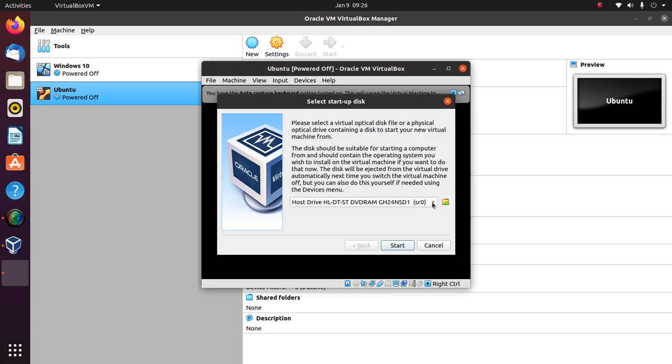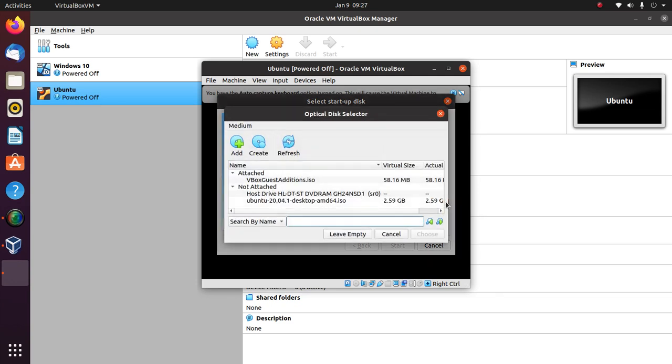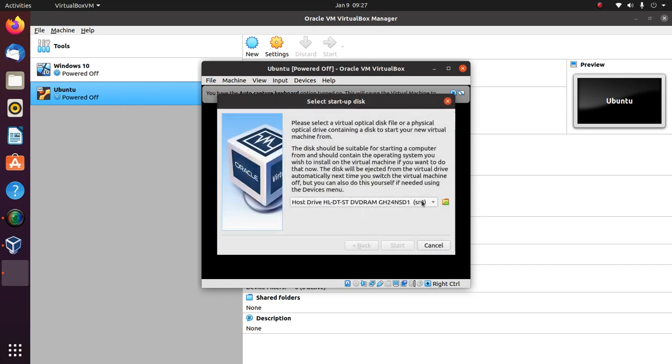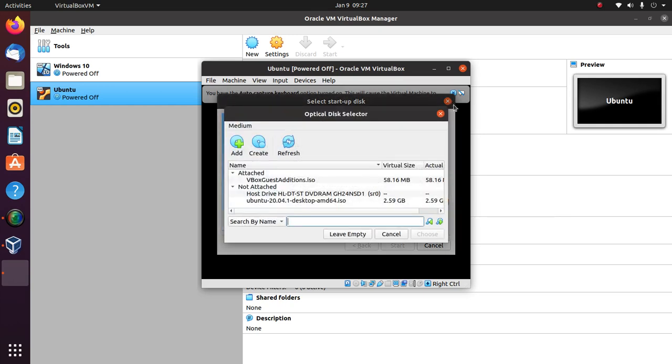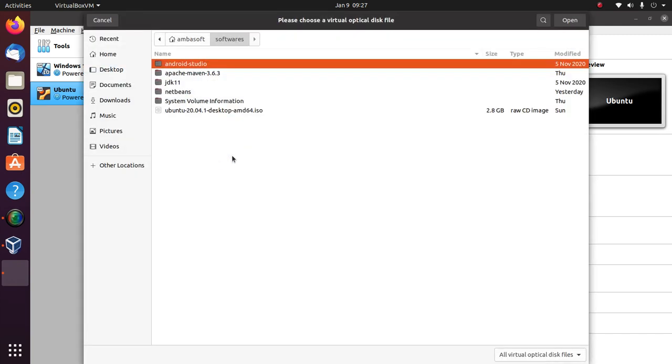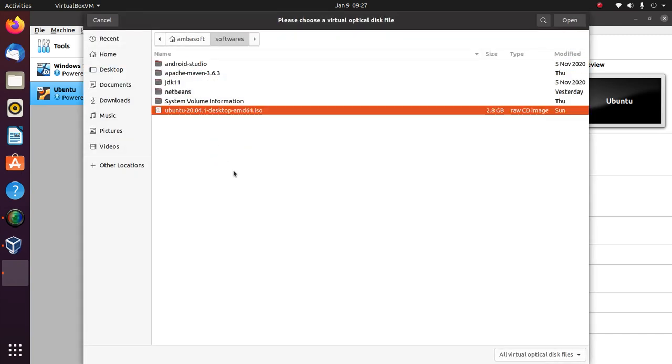Now we need to select the ISO for our virtual machine. So we have to select an ISO by clicking. First we need to click this small up arrow button, then it will show you a selector. Here you need to add and select the ISO we have downloaded.